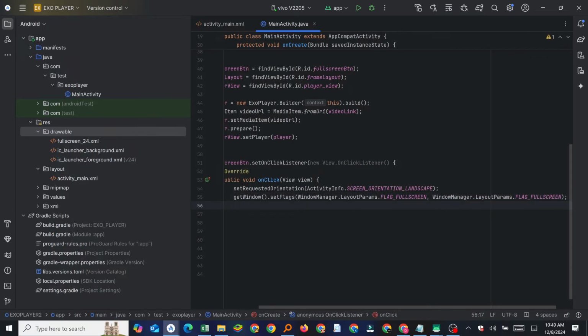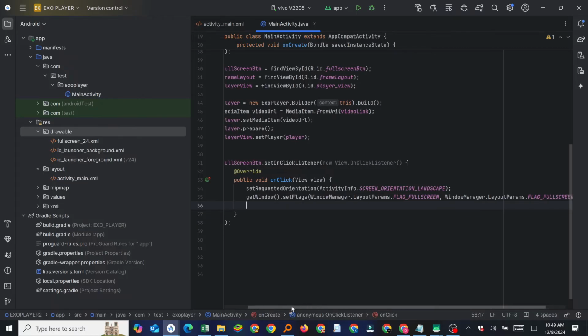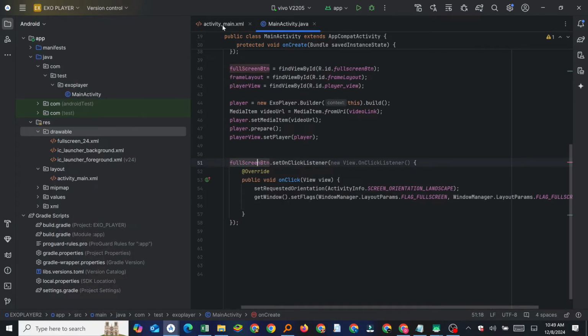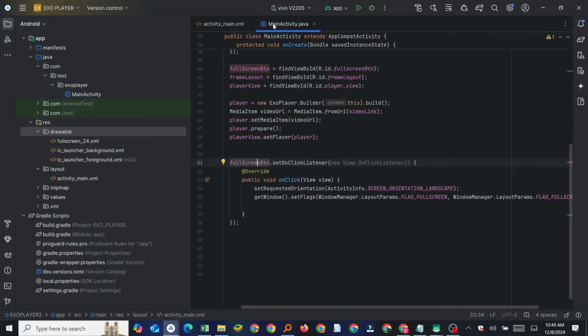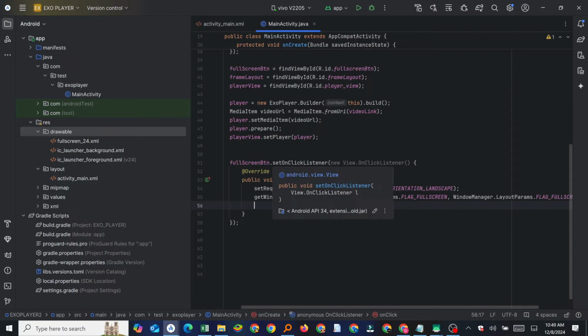Okay, we also say now when you click this button, this image should disappear. When the video goes into full screen, this image should disappear, and this image is our button, this full screen button. So we say when you click on full screen button, let me first write this before making the image invisible. Let's first say get window